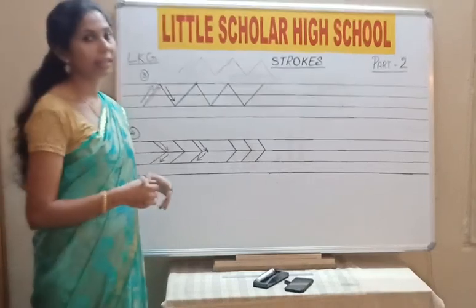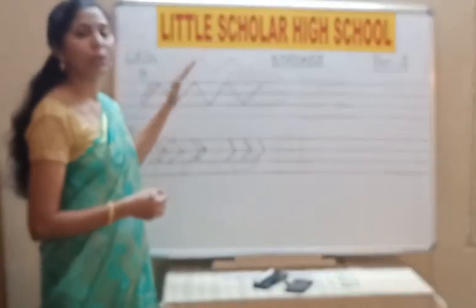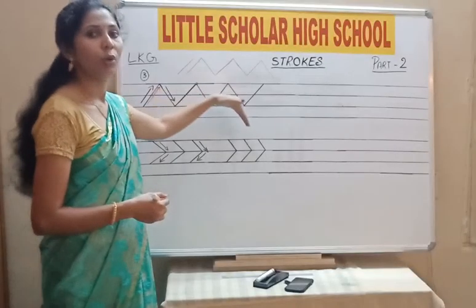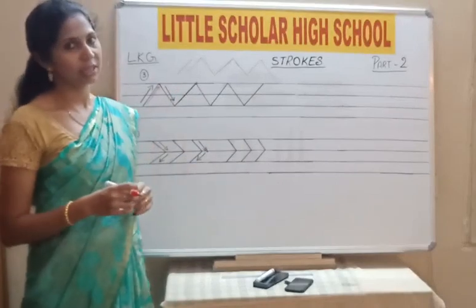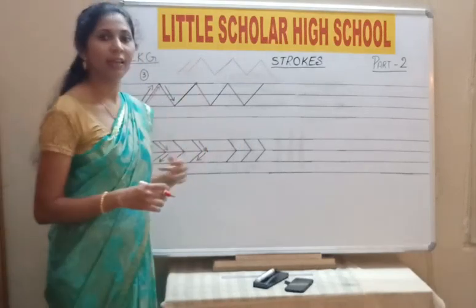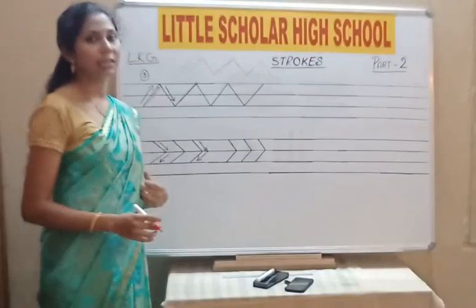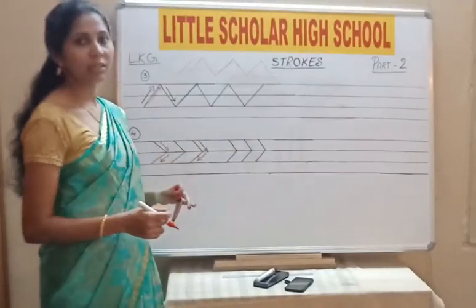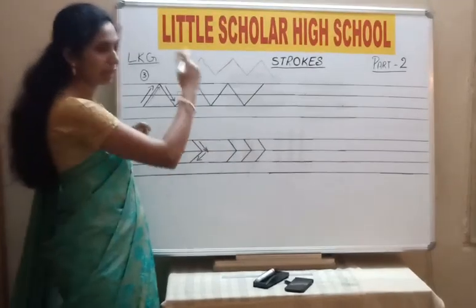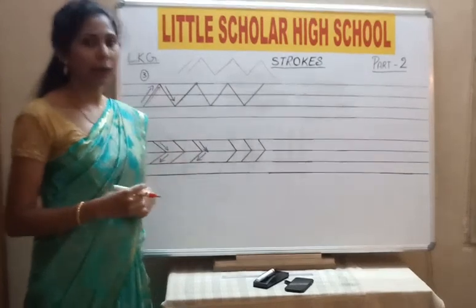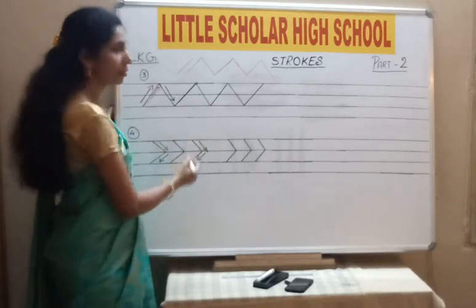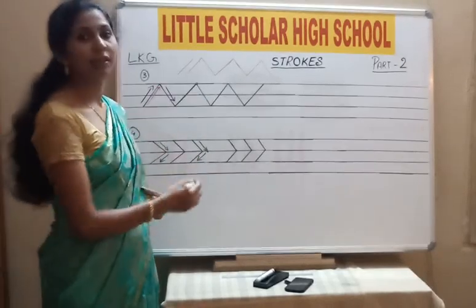In slanting line there are 2 ways. This is a slanting line from the bottom to the top, and then again from the top to the bottom. Like how we draw mountains in drawing class or art class, the same way you all draw the slanting line. The fourth one is also called a slanting line, but this slanting line goes from the top towards your right and then again to the bottom. We slant it in this way, like the arrow mark. We all know how the arrow mark indicates, right? The same way we are going to learn this slanting line.